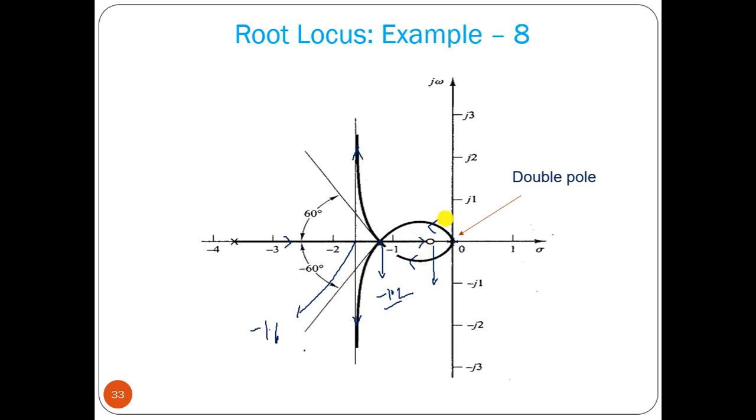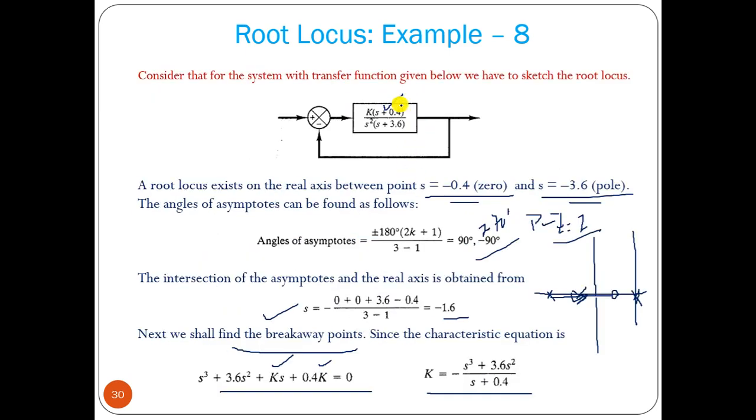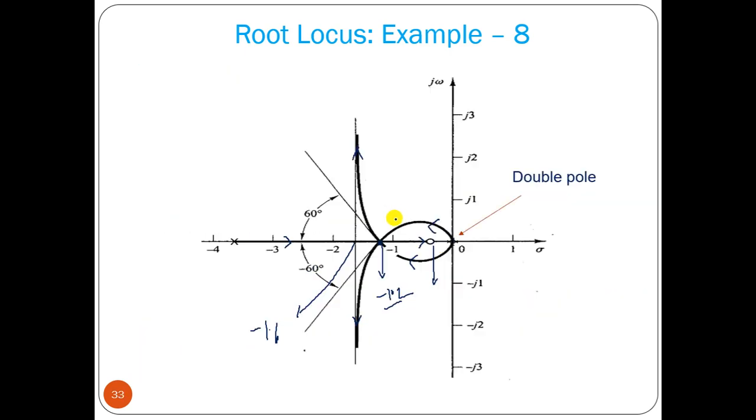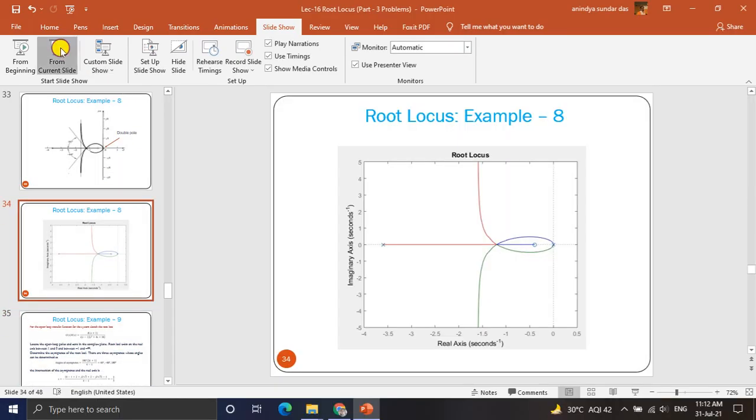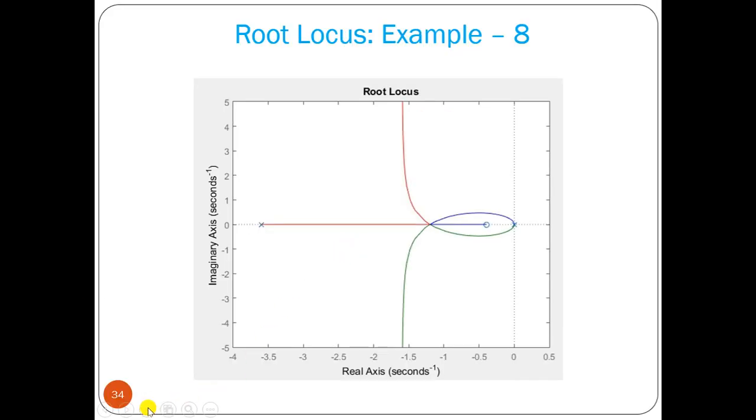Same type of problem, just varying the 0 location. The plot changes significantly. So this is the plot that I have shown you. This pole is coming here and going to this 0, this pole coming here and going to this, and this pole coming here and breaking away going to this. So what happened at this point? That is a triple root. So we have 3 breakaway points, that means 3 poles break away at this point, minus 1.2.